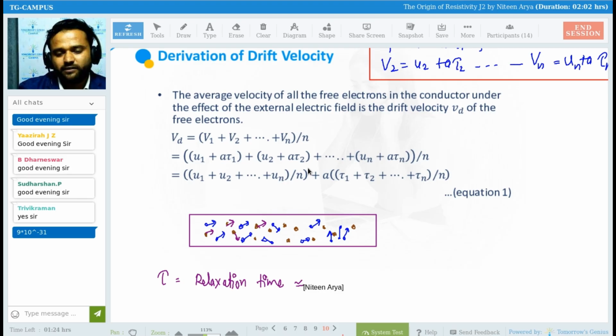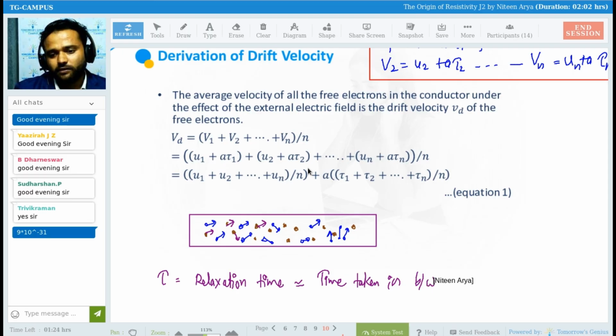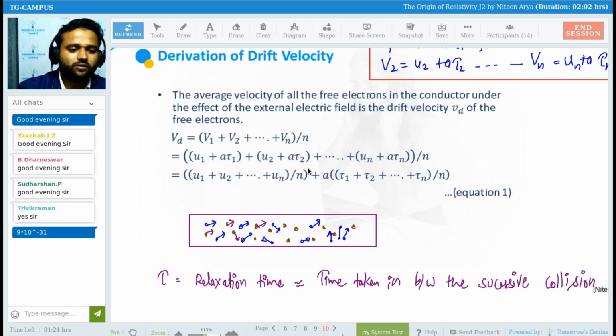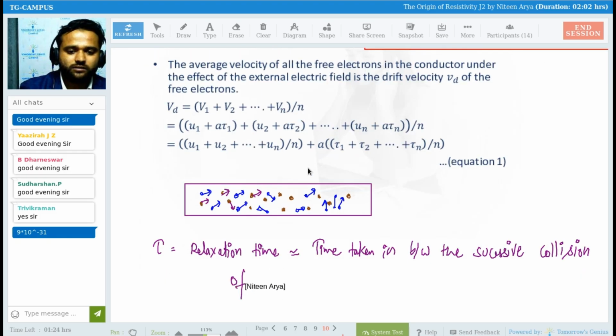Or how we can define it: the time duration, time taken in between the successive collisions of electrons and ions. Ions here are positively charged particles. Okay, and this